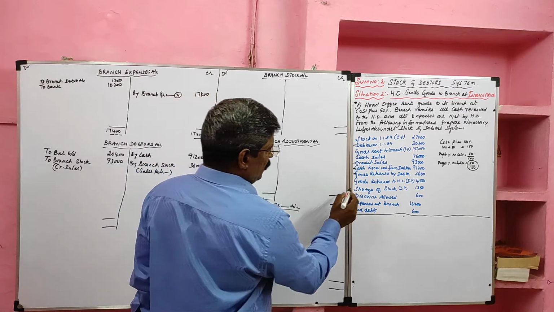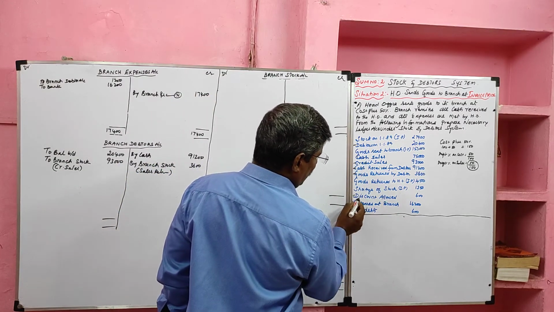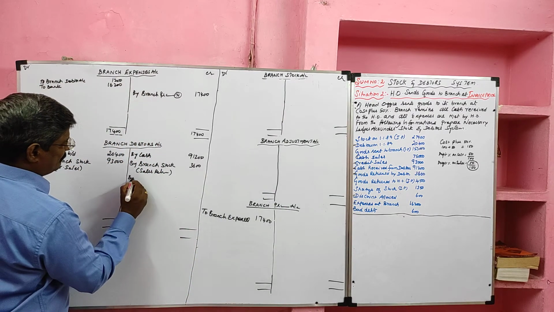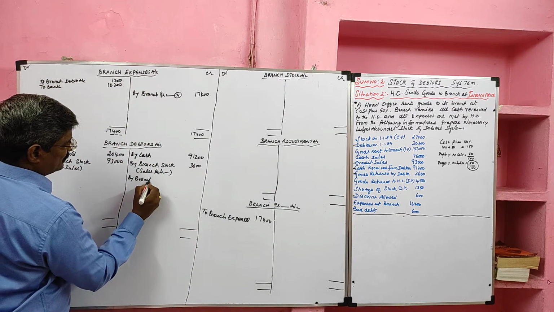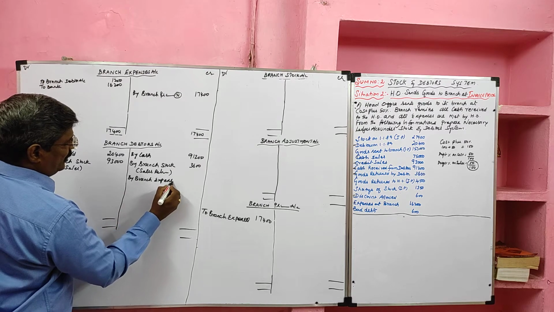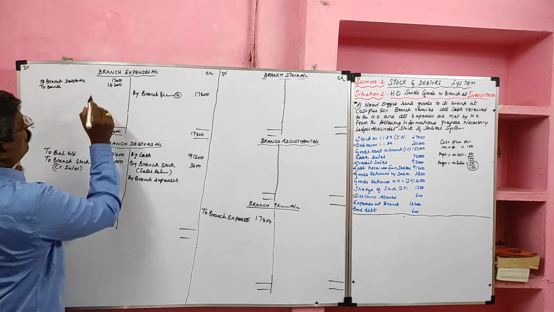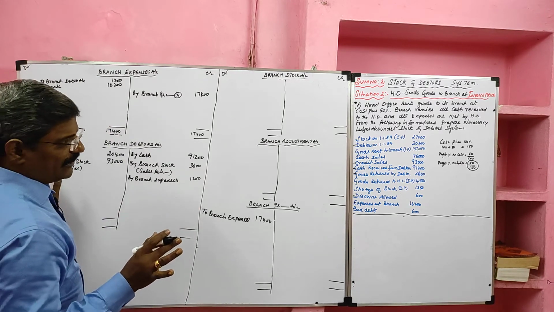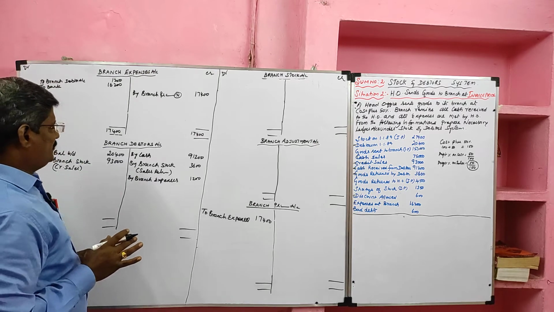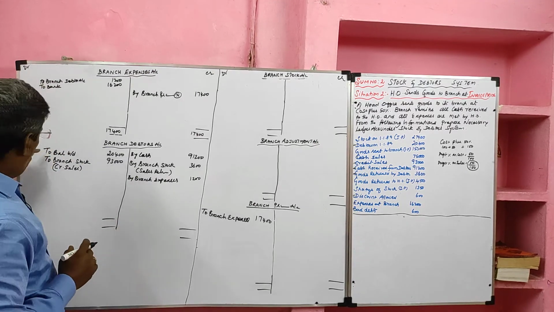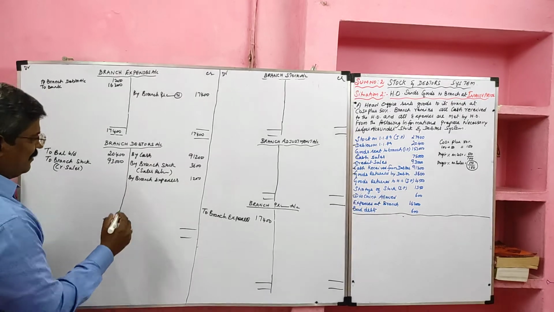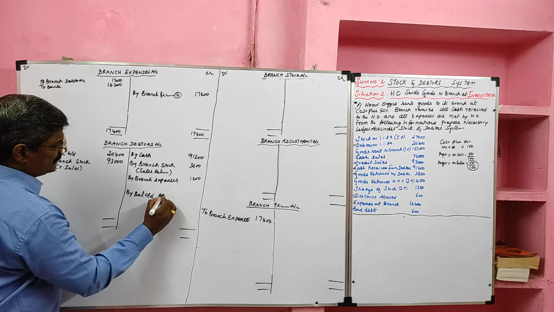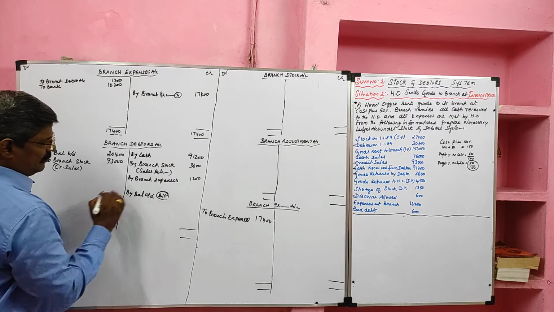Next. Goods returned to head office will not come, shortage will not come, discount allowed and bad debts will come. It will be credited in the branch debtor account as by branch expenses. Branch expenses, already it was debited. How much? 1,200. Now we have taken all the items in relation to the branch debtor account. Now we will total this. Here opening debtor, credit sales and cash received are given. We have to ascertain the closing balance of debtor. We will not use the closing balance of debtor anywhere in the subsequent ledger accounts.